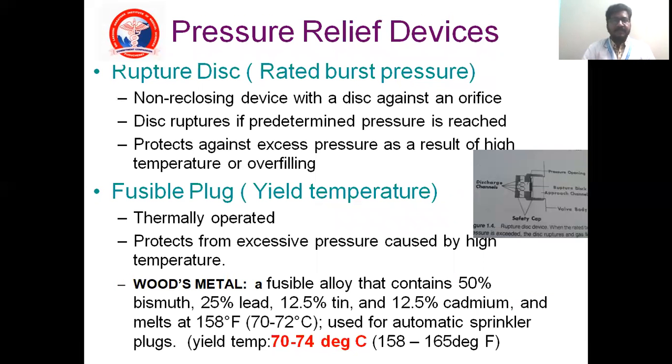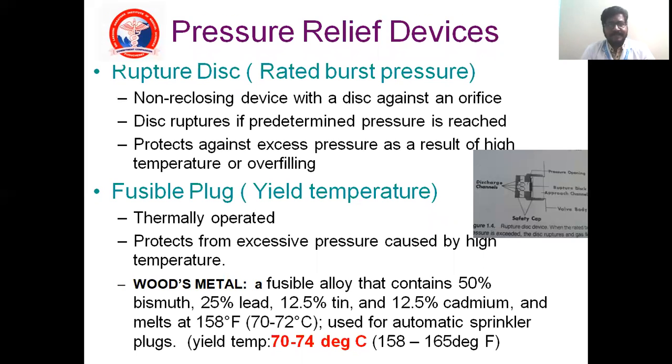And the very, very important aspect in the high pressure system is pressure relief devices. It is very, very important to prevent the excessive pressure inside the cylinder, to get rid of and expel the excessive pressure inside the cylinder. It is basically like a pressure cooker. It has two components. One is rupture disc and fusible plug.